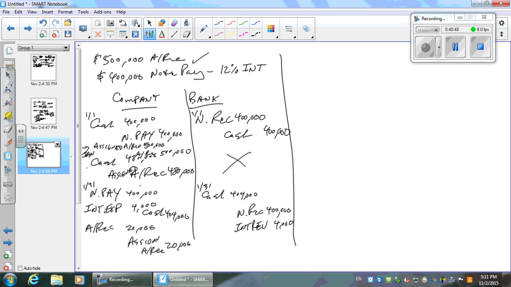So I assign them over. How about if the bank collects it for us? Let's make it one step more. What if the bank collects it for us? What's that going to look like? They get the money first and give us. Yeah, so I'm still going to assign them, right? But they're going to collect it instead of me. That's interesting, isn't it? So what would I do? On January 1st, what would it be? On my books, company,